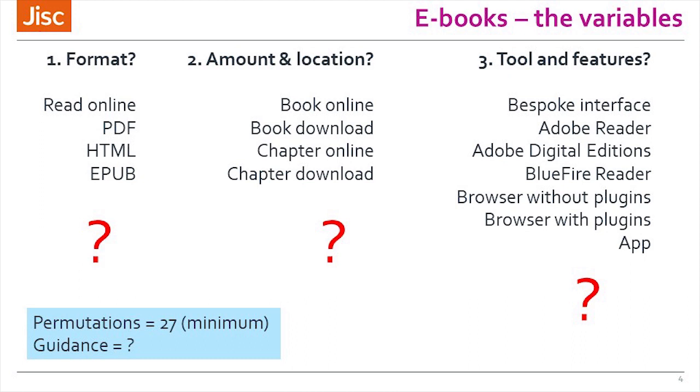So this is the big issue that a reader in a university experiences, and in fact a reader anywhere, but particularly in a university context. When they get online, they've searched for their books, they end up with a lot of variables. They'll have the offer of perhaps, do you want to read it online? Do you want to download the PDF? Do you want to download the HTML file or an EPUB file, depending on what's available?